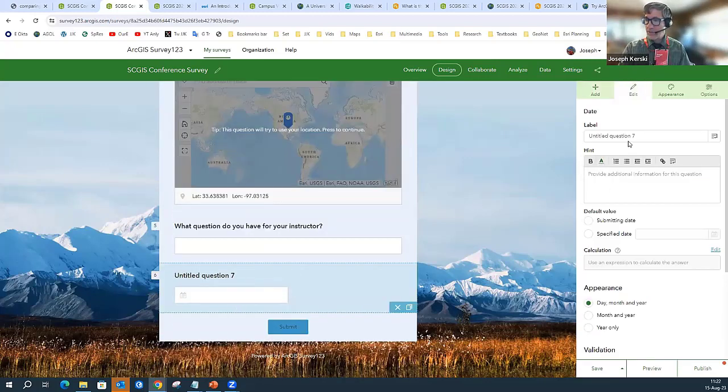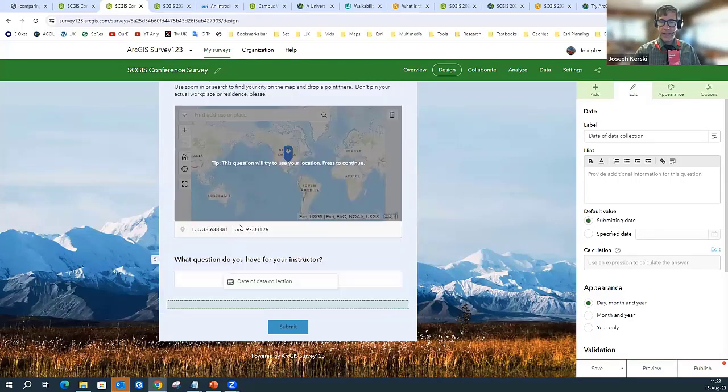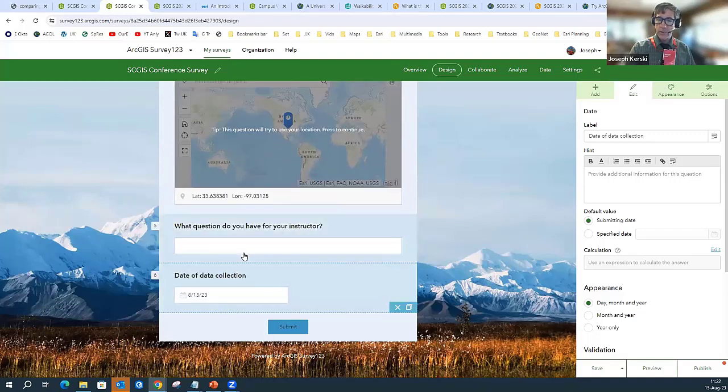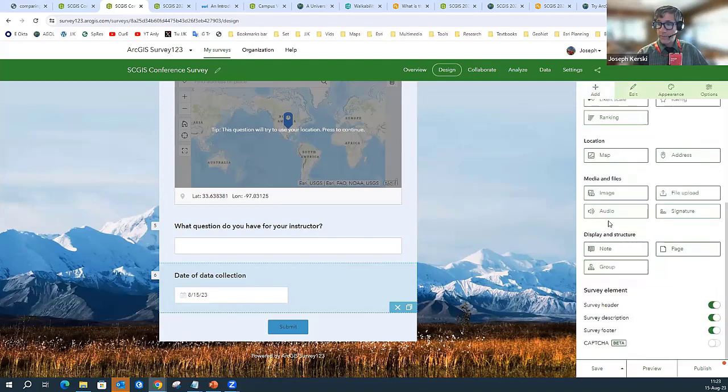Okay, I've got a question right now. Date of data collection. Submitting date is the default value. Okay, so 15 August is today's date, and I could save that, right? And I could also move this up and down. So again, just like SurveyMonkey or Google Forms, I can modify this really rather quickly with other capabilities here as well. So I'm going to cancel that, but with this plus sign, you've got all of these things on the